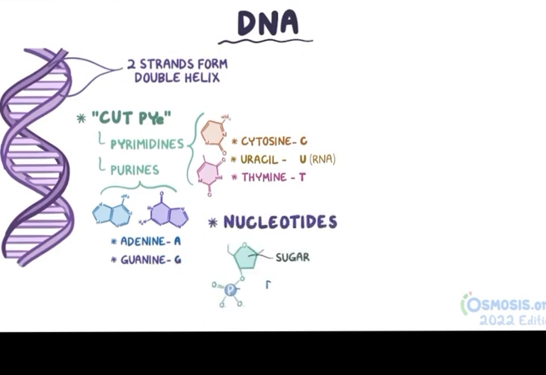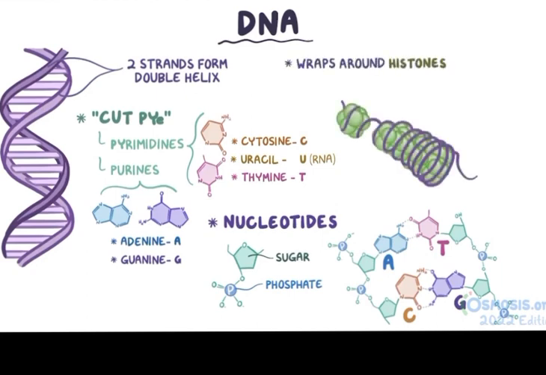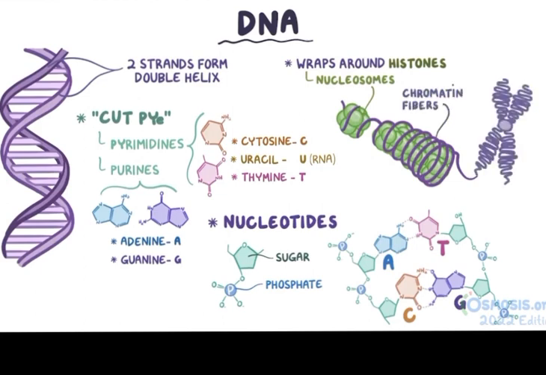Nucleotides have sugar and phosphate groups which form the sugar-phosphate backbone of DNA. Nucleotides on opposite strands form hydrogen bonds to keep 2 strands together. A binds with T, and C binds with G. DNA wraps around histones to form nucleosomes. Then the nucleosomes condense to form chromatin fibers. And finally, chromatin condenses to form 46 chromosomes,